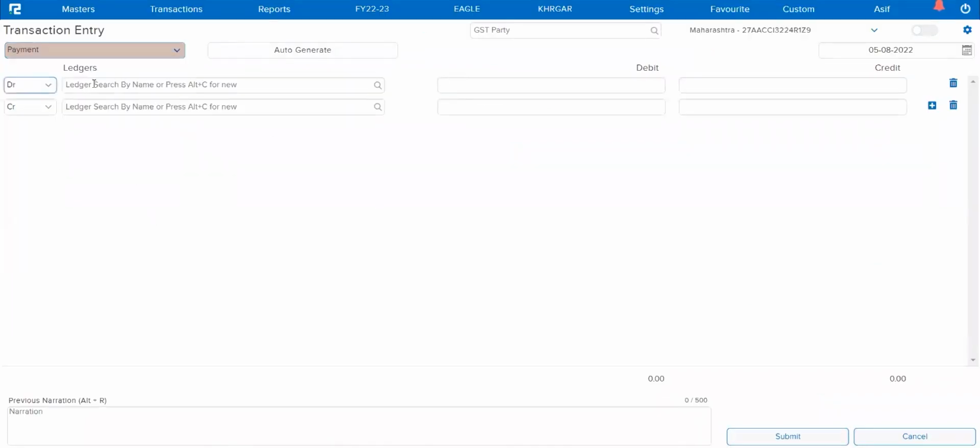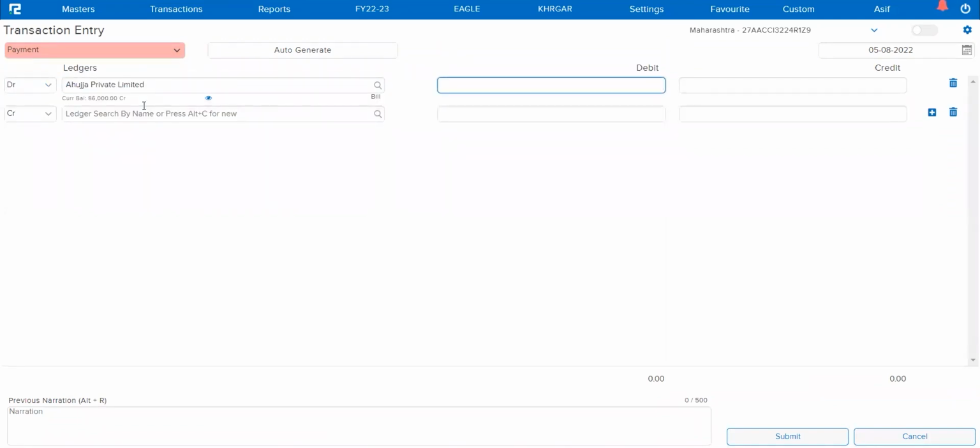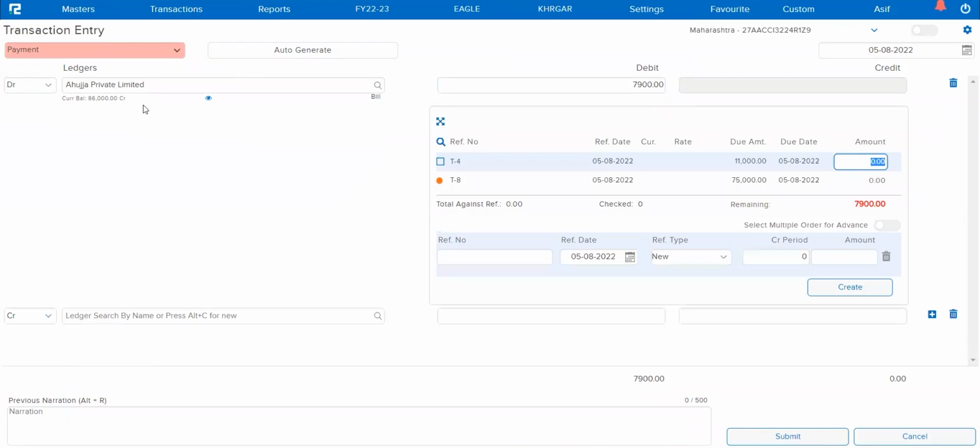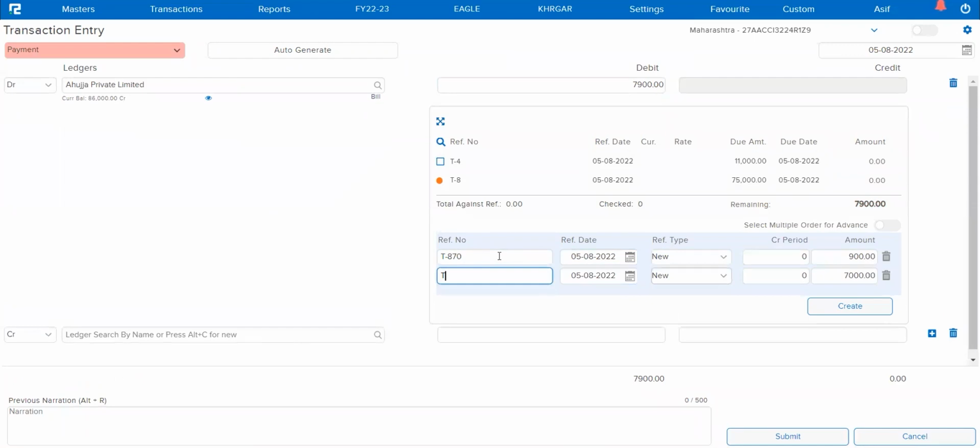I will select the voucher type as payment and the same party. And again, I'll update the amount of, say, suppose 7900. And the bill, again, I will update it as T870 and T871. Okay, before I hit create, you will be finding that I do have bills in my screen for tagging,